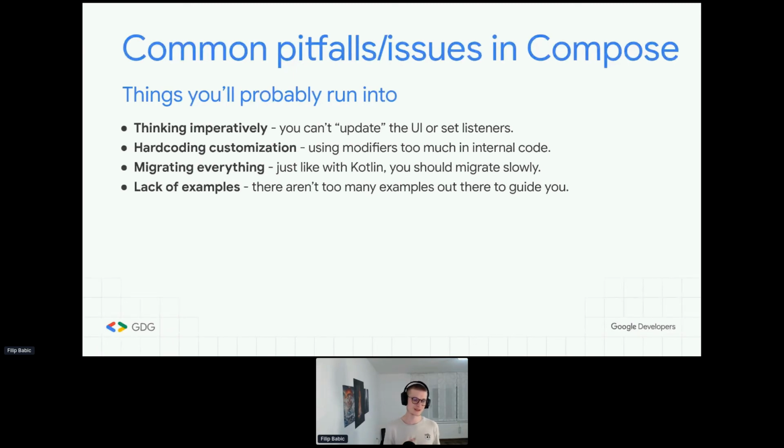The last two examples are not very specific to what we ran into, but this is more of a sanity check when you start working with Compose and you start building new things. Just like when Kotlin became first class in Android and everyone wanted to migrate to Kotlin as soon as possible, you should migrate slowly. Try not to rush things, try not to do everything at the same time. Pick a few small components that you want to build in Compose, maybe a new screen that you have to build. Why not just do it in Compose first and see how it goes? That's a very good starting point.